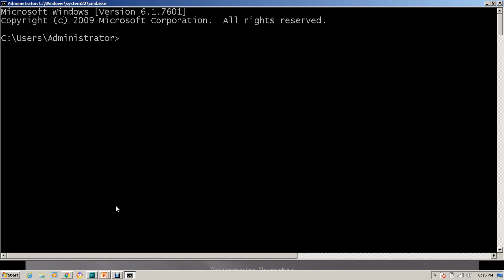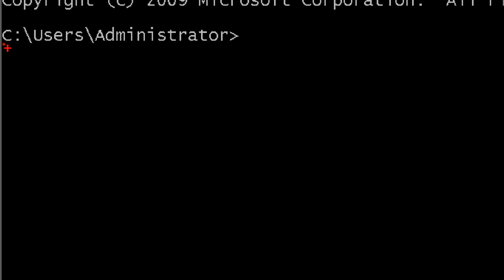If you have seen this command prompt, you can see this on the screen, right? This C:\Users\Administrator. Can you see that? Maybe something else is shown there depending upon the username. Suppose your username is Amit Kumar, then instead of Administrator it will show Amit Kumar, but it will show something like this. Now what does it mean?